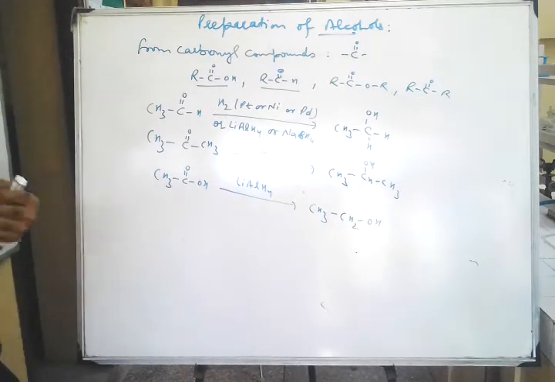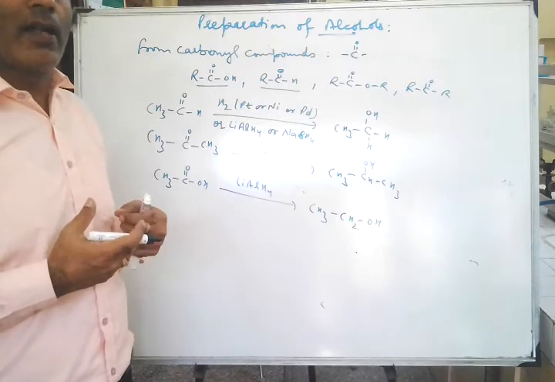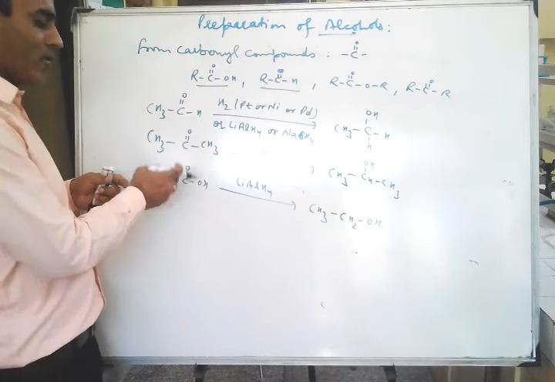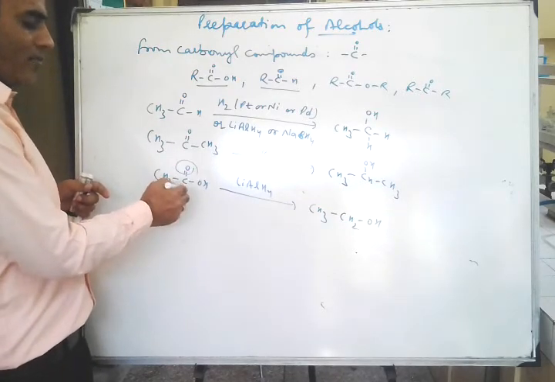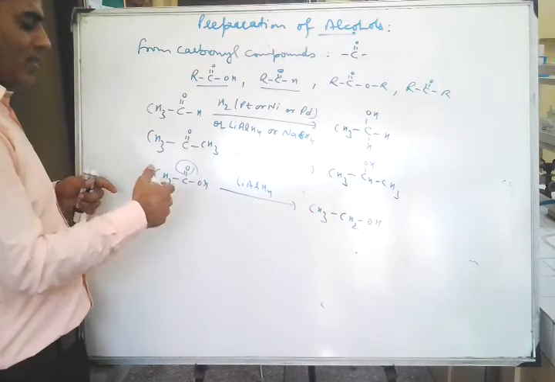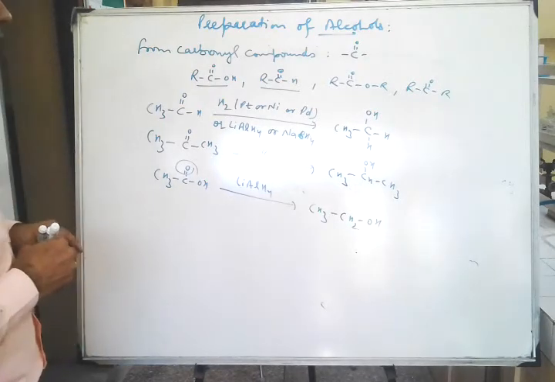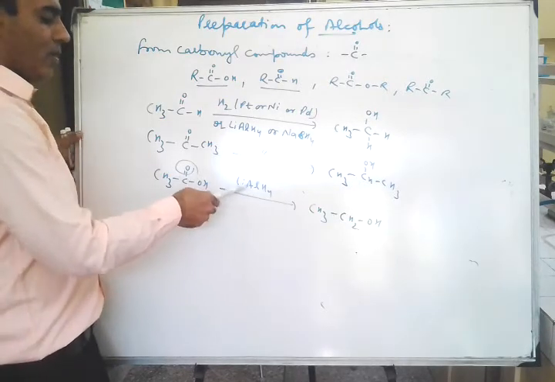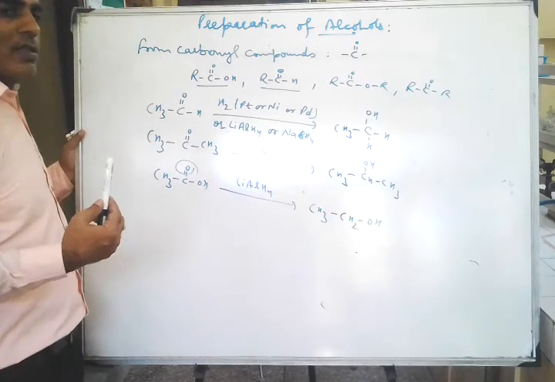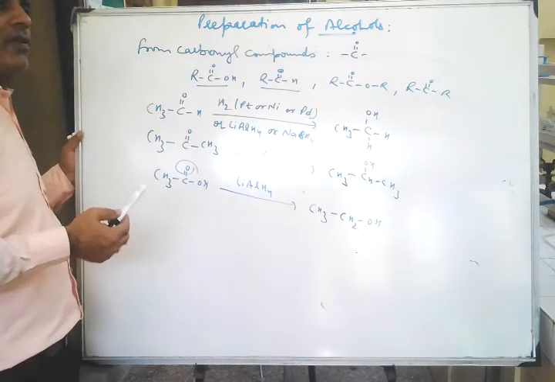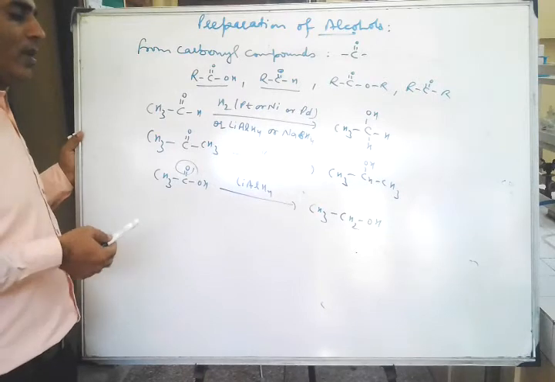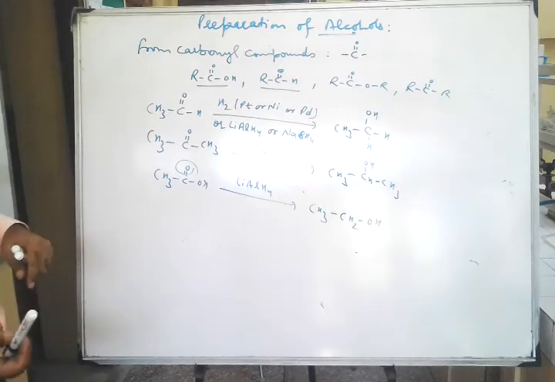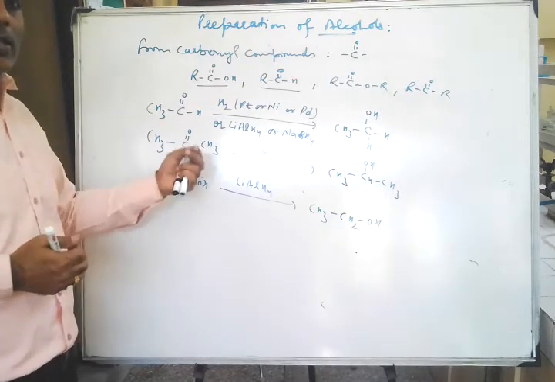So reduction is also known as removal of oxygen, and it is also addition of hydrogen. So here are the two steps. Oxygen is removed and hydrogen is added. This oxygen will be removed and hydrogen is added here with this carbon. So we will get CH3CH2OH. Now lithium aluminum hydride is rarely used because it is expensive, and when we use it to make alcohols, that alcohol formed will be expensive and it will be difficult to sell it in the market. So lithium aluminum hydride is not used for making alcohols. Sometimes a question comes in the exam why lithium aluminum hydride is not used, so this is the answer.